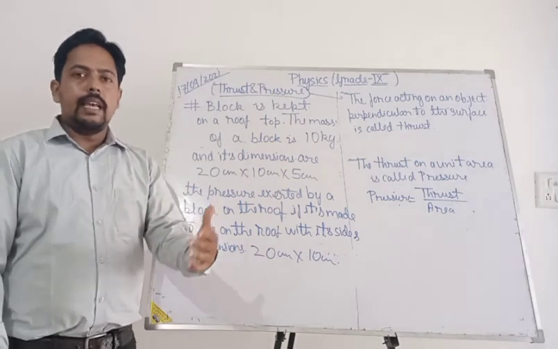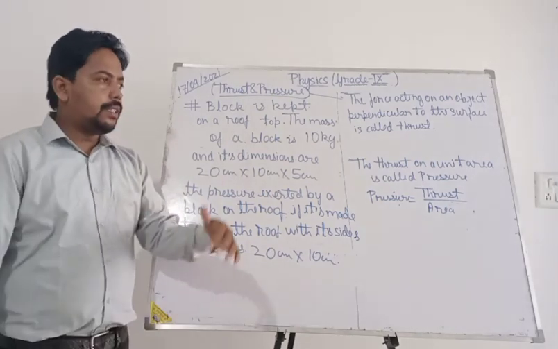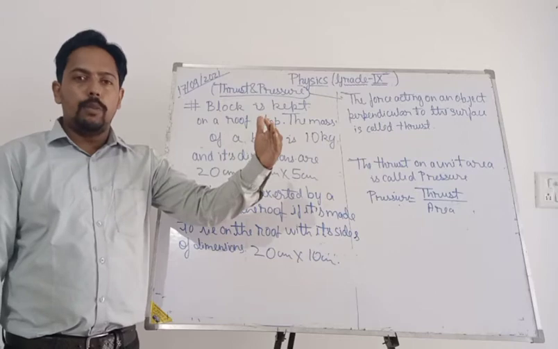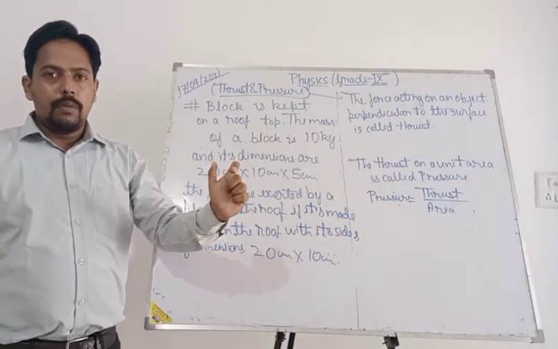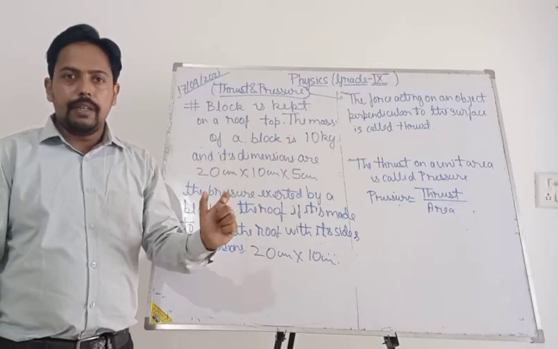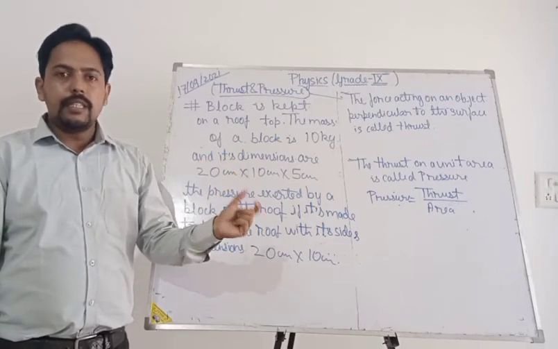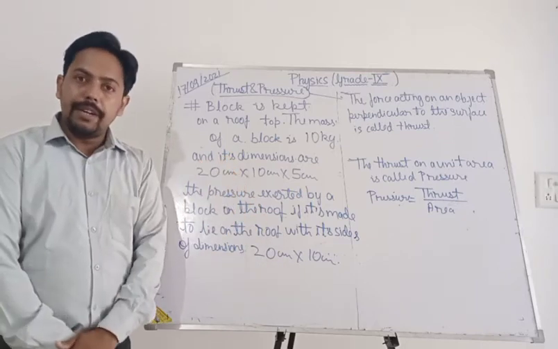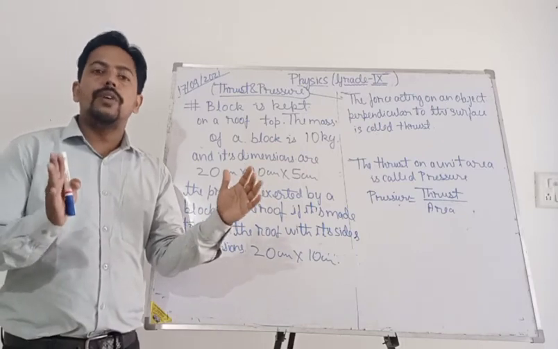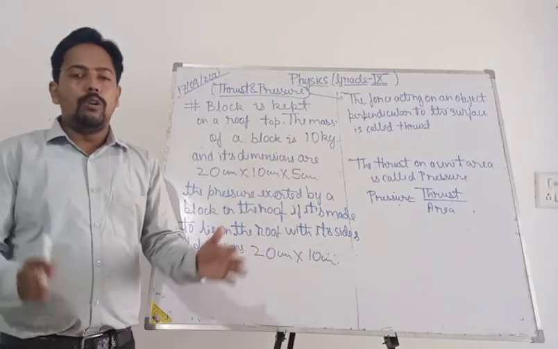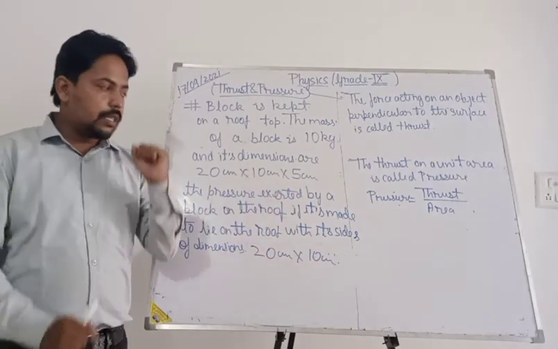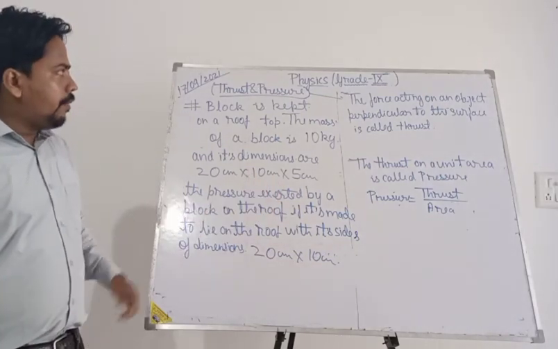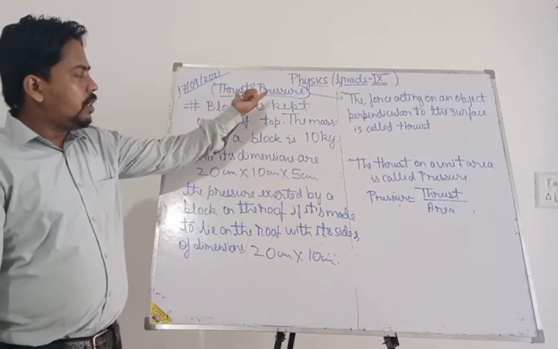And last time we have discussed what? We have discussed and compared the weight of an object on moon and on earth by the concept of acceleration due to gravity and by the concept of universal law of gravitation. We have discussed the universal law of gravitation also, that how to calculate the force between two bodies separated by some distance. And today we are here to talk about thrust and pressure.